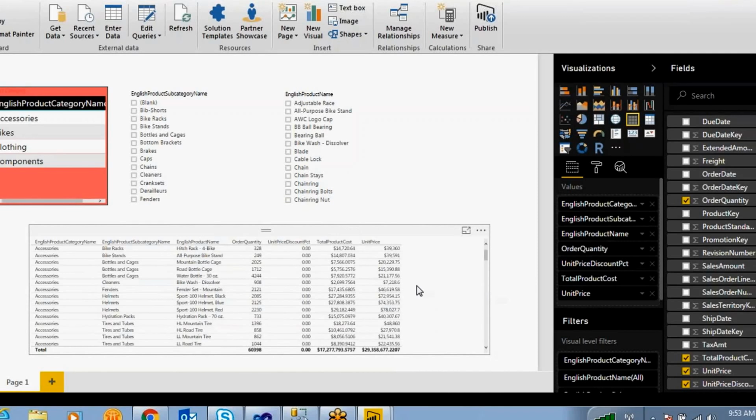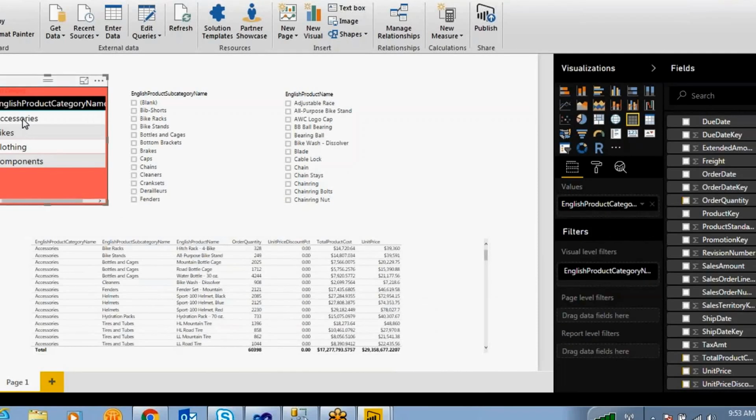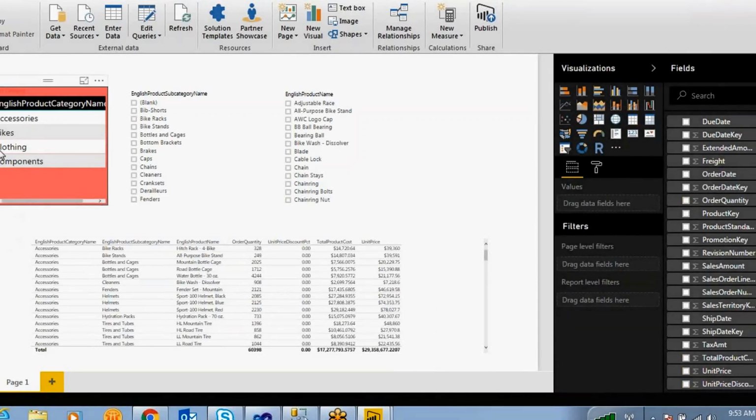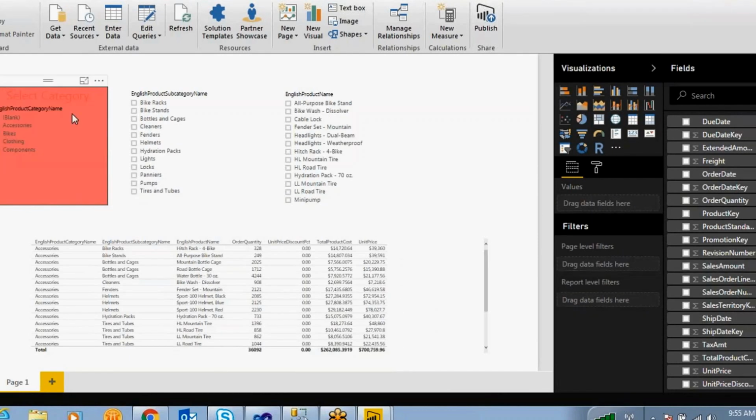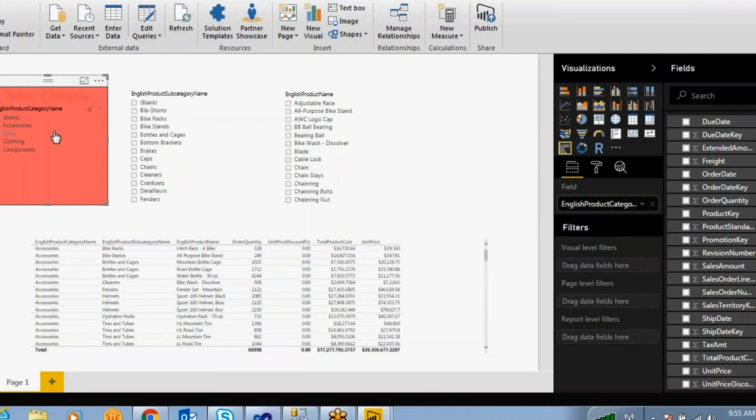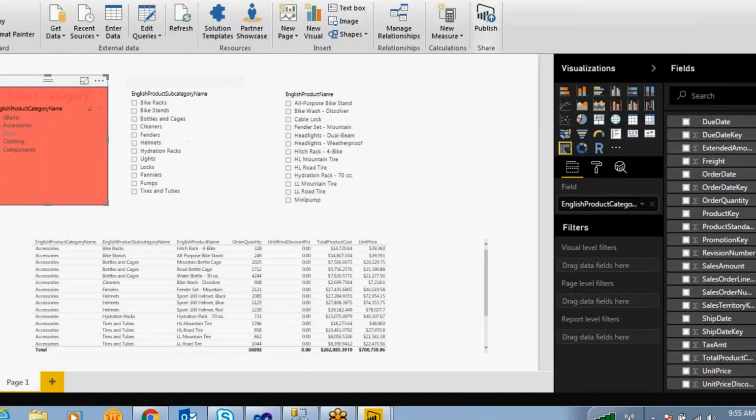Okay. So when you are selecting particular accessories, only the categories and subcategories and the products. This is subcategory and this is product, right? So whatever you are selecting over here, for example, if you are selecting accessories, only those subcategory items will populate over here.